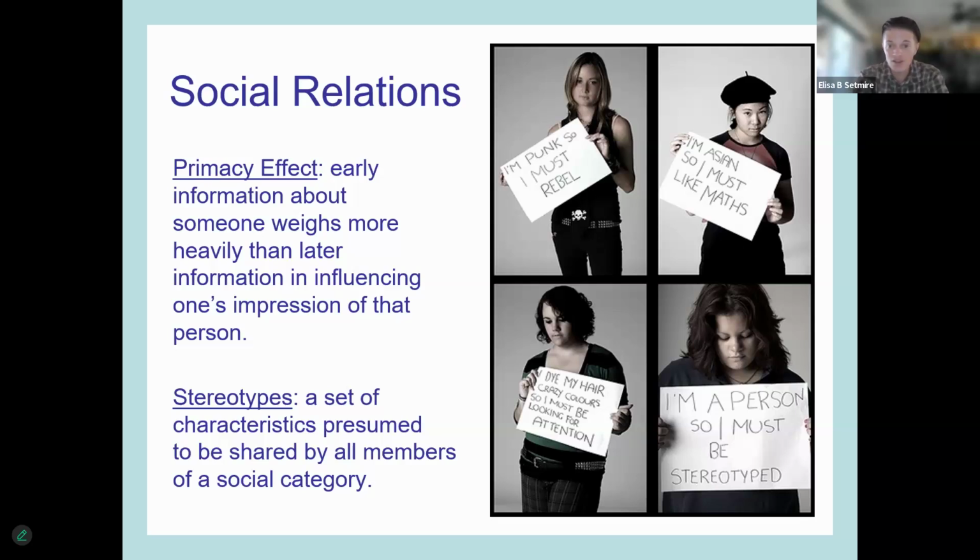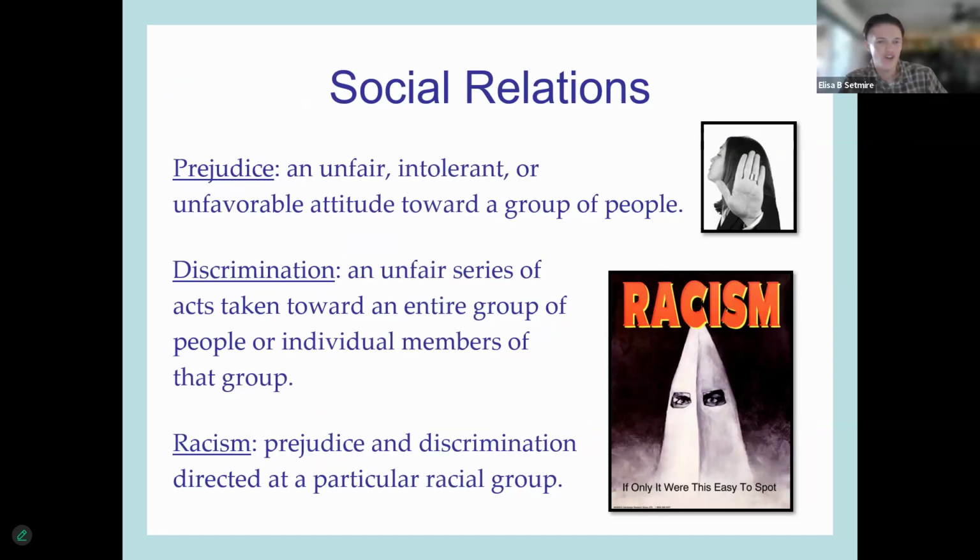But stereotypes are really common, right? So somebody is wearing all black, so they must be emo or they must be punk. Somebody is Asian, so they must like math, like we have on here. I'm punk, so I must be rebel, right? There's all these things that we tend to infer, and it's a shortcut that our brain takes in order to save us a little bit of time. Nothing wrong with stereotypes as long as you don't let them lead you to things like prejudice, discrimination, and racism, right? When you take shortcuts, sometimes it can lead to these things if you don't have that awareness or challenge